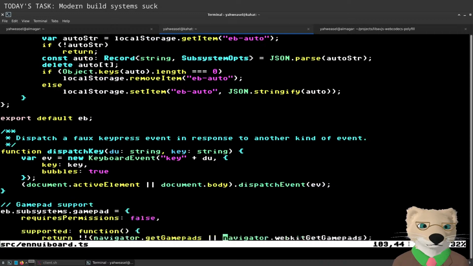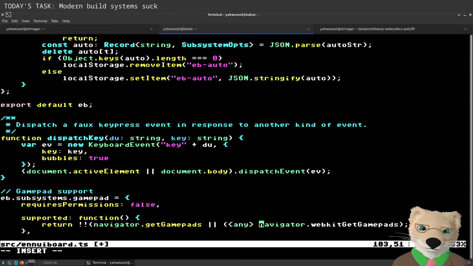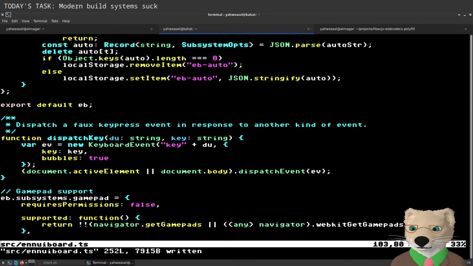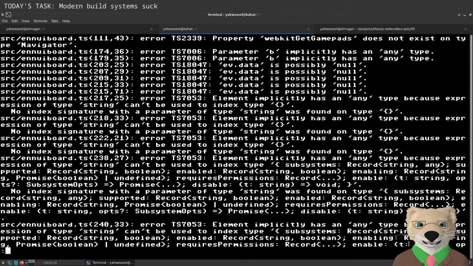Yeah. Not too surprising. So it actually has getGamepads, which is good because that's going to help with a lot of the typing. But did not have webkitGetGamepads, which isn't too surprising. That is the older interface.